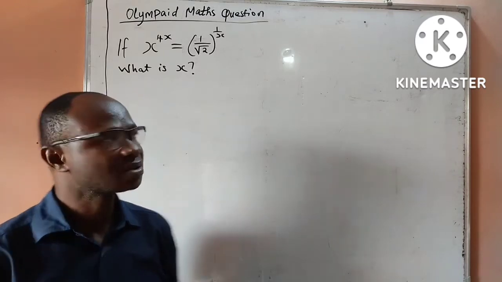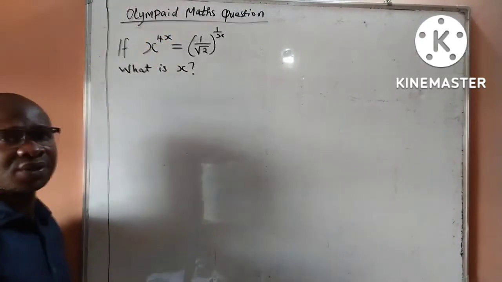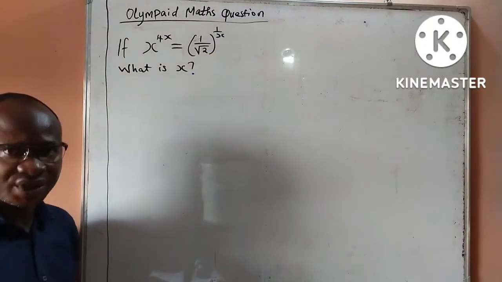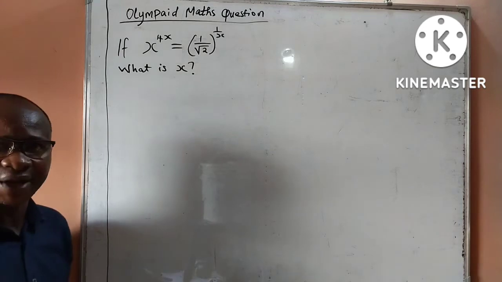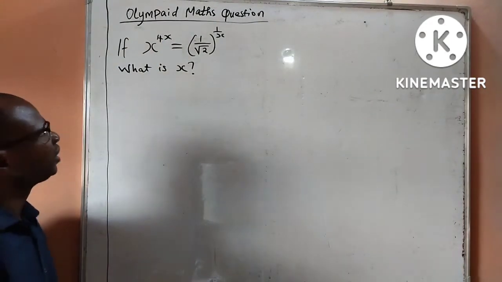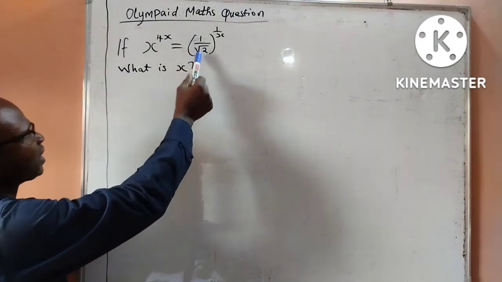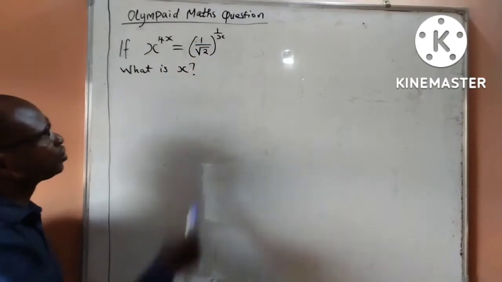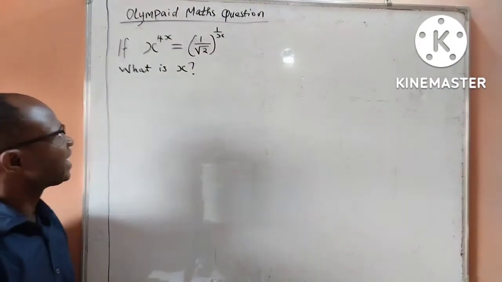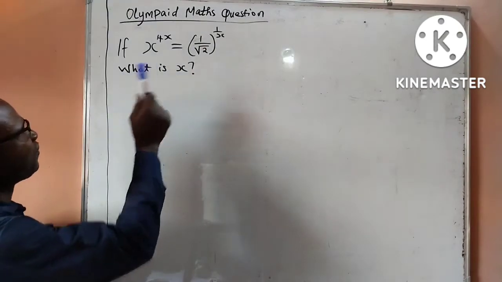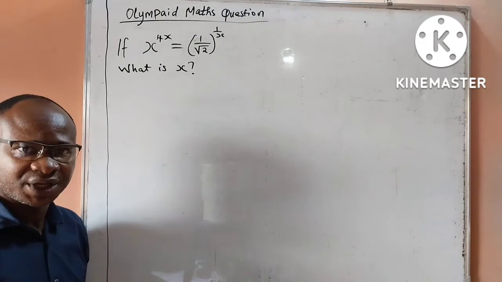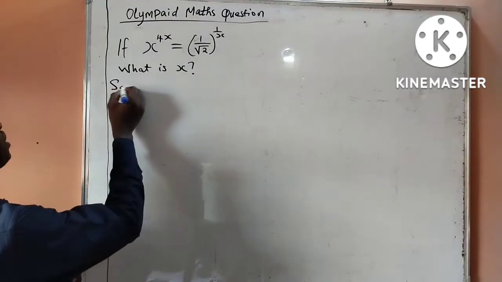In today's class, we want to solve the question we have on the board, an Olympiad maths question. Here we are given: if x raised to the power 4x is equal to (1 over square root of 2) all raised to the power 1 over x, then we should find the value of x. Let us begin. From solution,